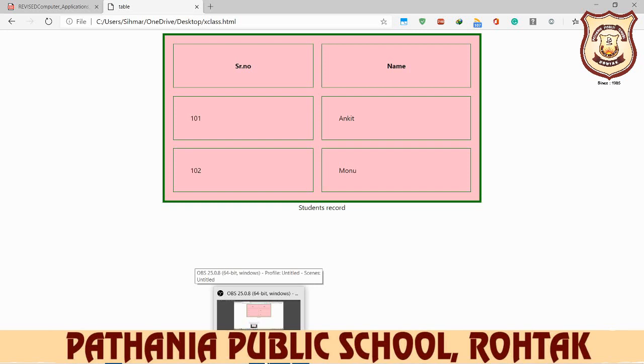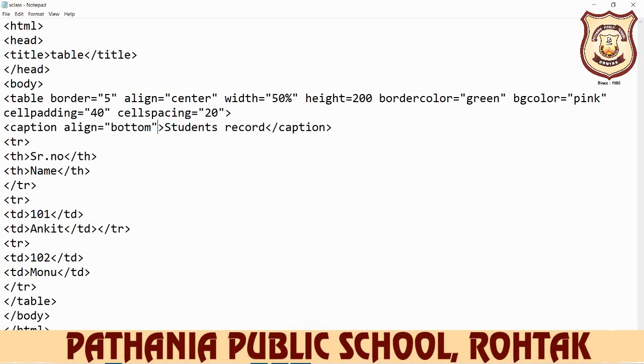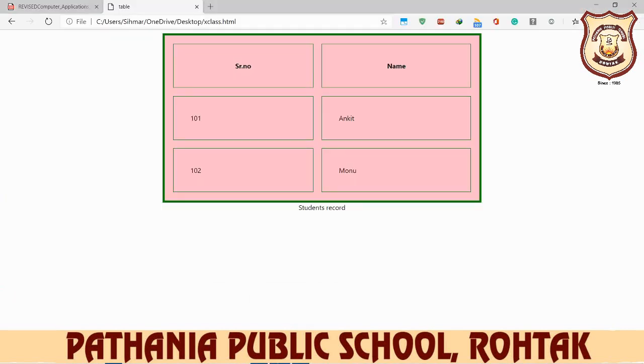So colspan and rowspan are attributes of TD and TH. So let's do it here. For example, if we want 101 and Ankit in the same cell, if we want to merge this 101 and Ankit, then you use the colspan attribute.